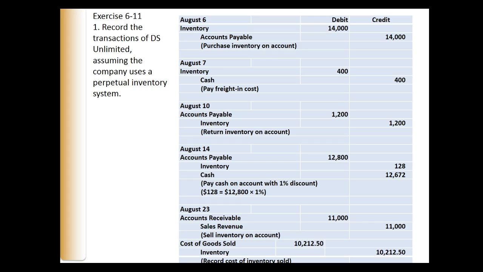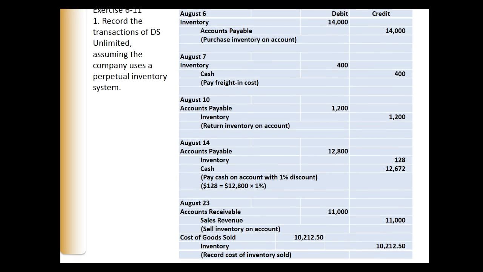We are going to credit $128 from inventory because we are reducing the cost of our inventory by $128 because we are paying early, and we are crediting our cash of $12,672. Then on August 23rd, we are selling more inventory, so we debit accounts receivable for $11,000, we credit our